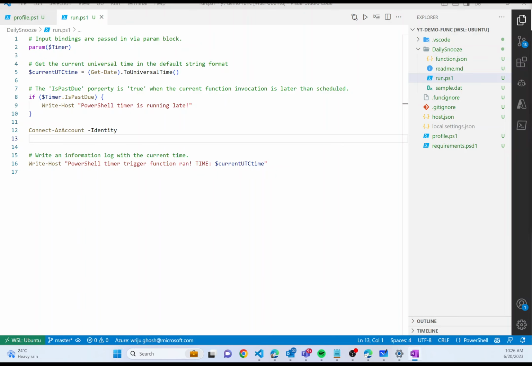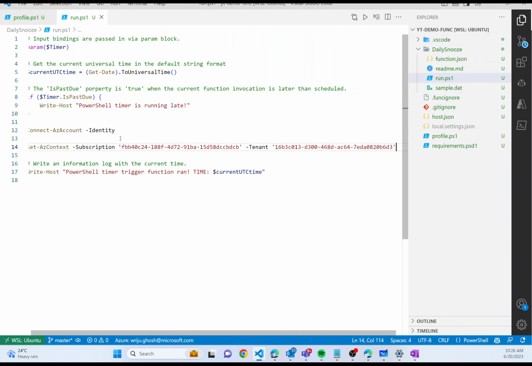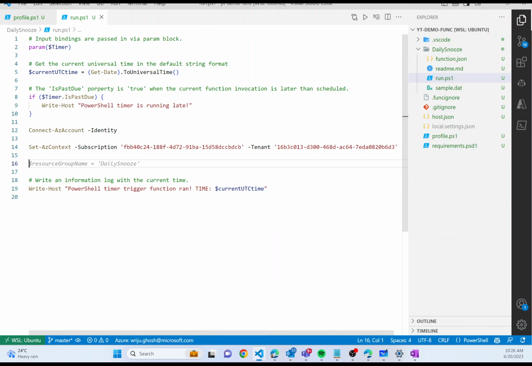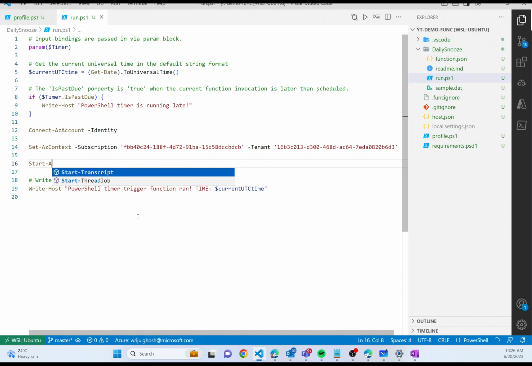Can I set a context? So first of all, you need to set the context. Once you log into the subscription, right, you need to set the context for this. So I have copied a context, that is my subscription ID and the tenant I'm going to connect to. And then I'm going to also say that I'm going to start, let's say, start. This is a PowerShell command. So I'll say Start-AzVM,